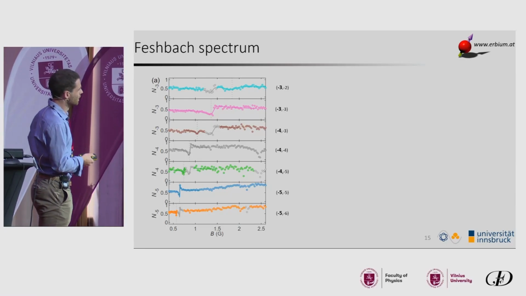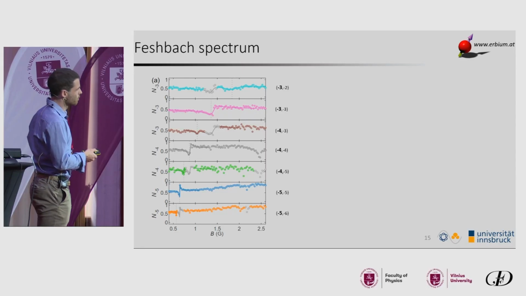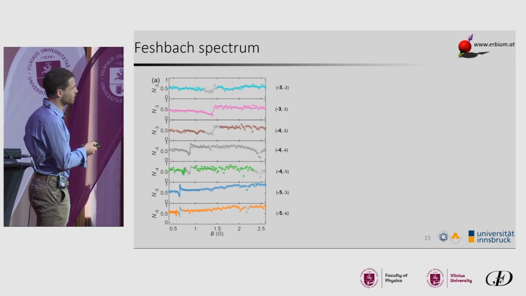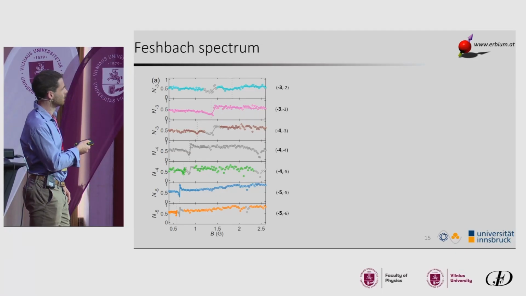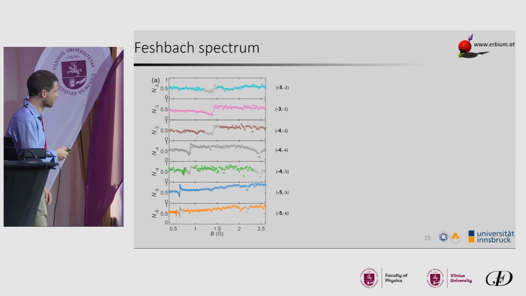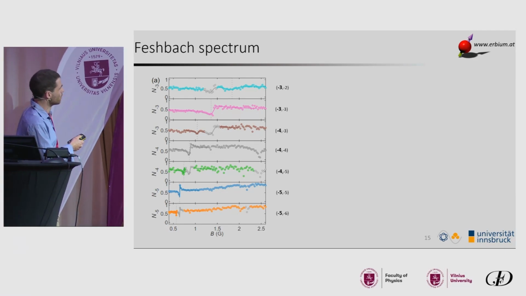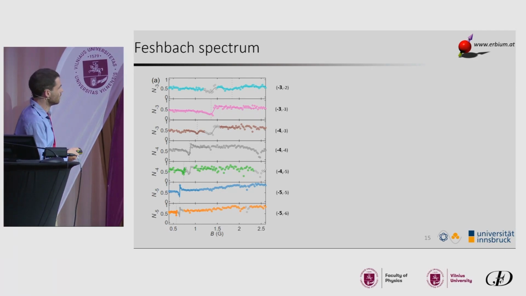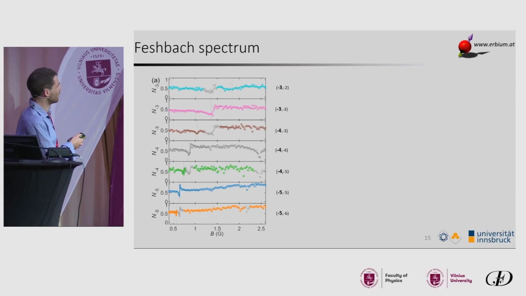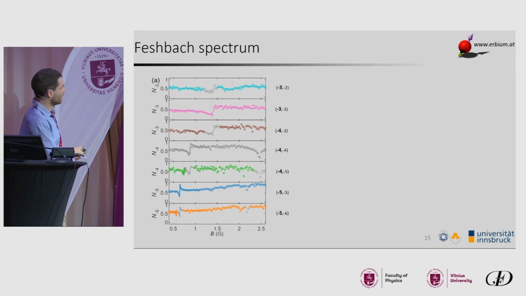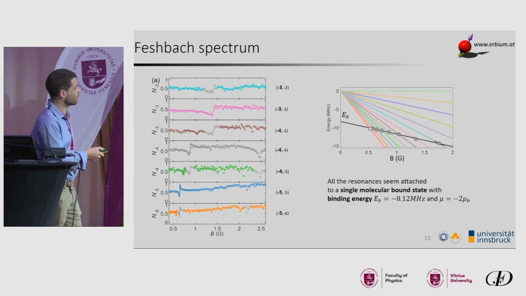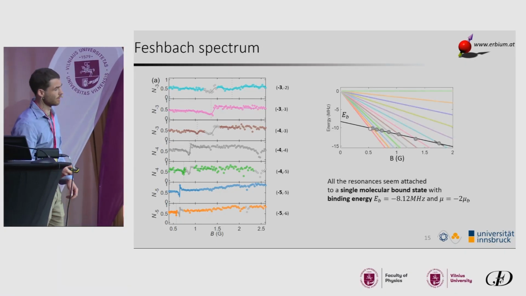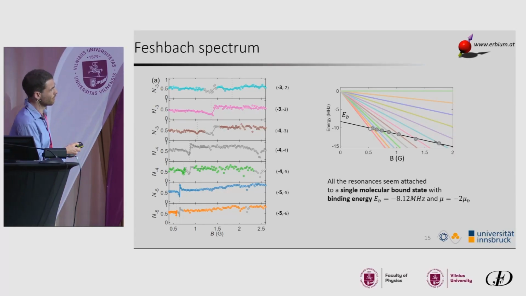Here I show just an increasing number of them, so -5 plus -5, -4 plus -5, and so on. We label them afterwards by the total MJ. For example, this will be total -11, -10, -9, and so on. What you see is that you always see some resonances within this range of 0.5 to 2.5 Gauss, also with this asymmetric profile, and they seem to move slightly in position in magnetic field. And if you plot everything in this Zeeman referential, you get a very nice line.